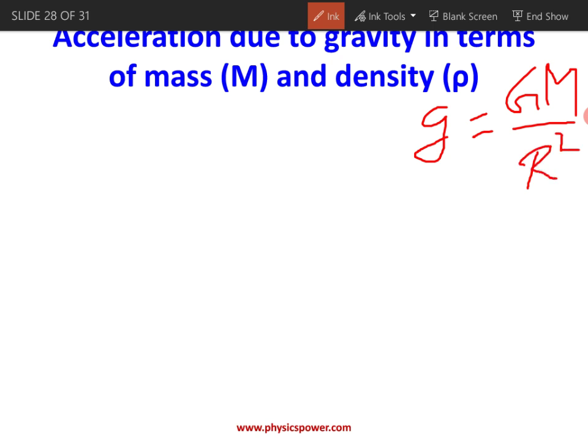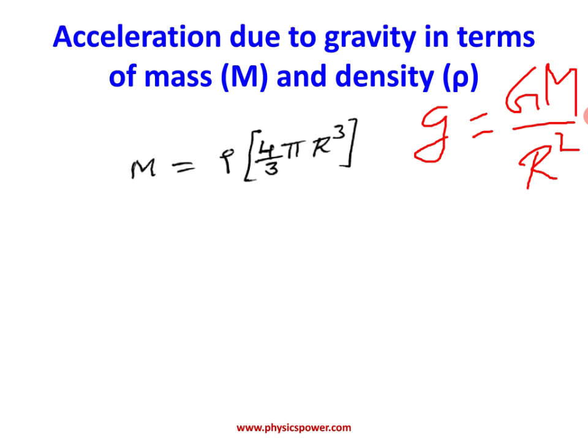In this expression, mass is there. If you can eliminate the radius r and substitute that in terms of density, then you will get the required expression. In the previous one, density equals mass by volume, so mass equals density into volume. So I am using the same equation. Now in this, if you keep radius on one side and shift the remaining terms to the other side, here only r cube, the remaining 3 goes to the numerator, so that is 3m, and the remaining 4 pi and rho (density) go to the denominator. So r cube equals 3m by 4 pi rho.